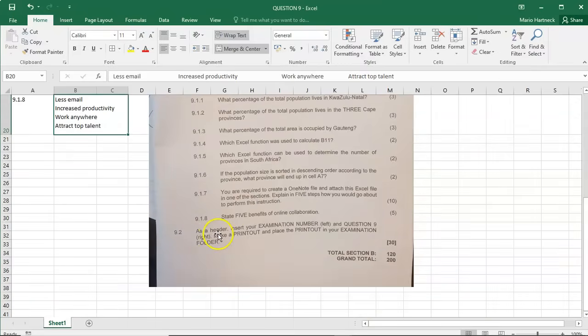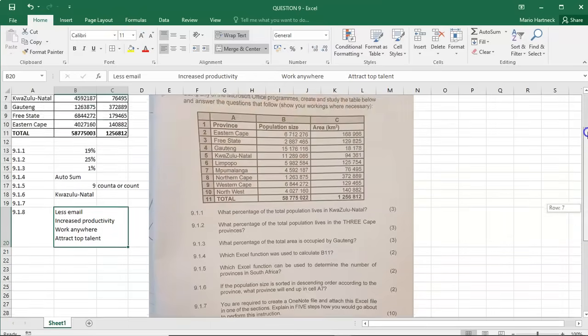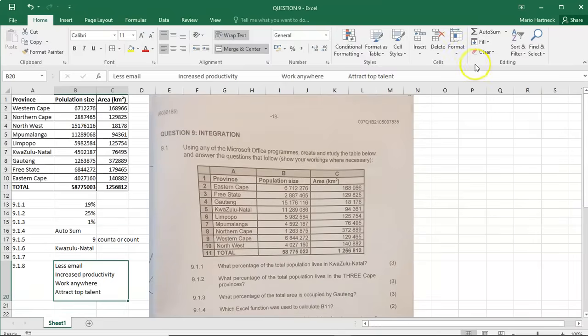You ended off by inserting a header with your exam number, which is your ID number, on the left and question 9 on the right, and then you print. You make a printout and place the printout in your exam folder. All right, how would you insert a header in Excel? You